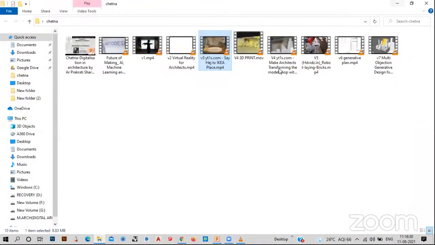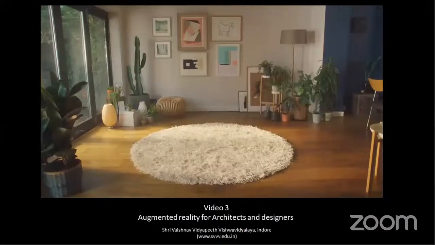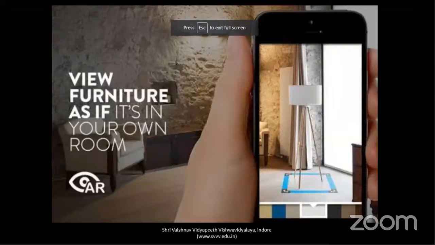So they are using augmented reality. There are many apps like HoloLens. You can create your own structures in that. So view your furniture as it is in your own space.